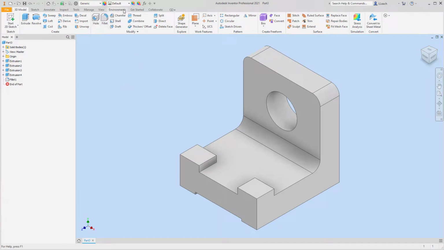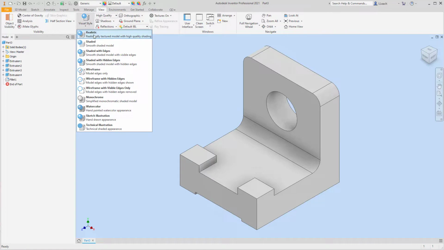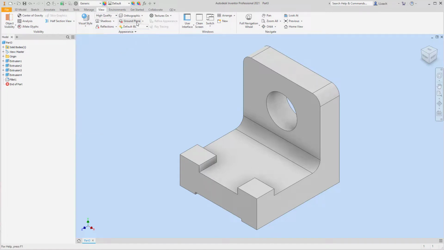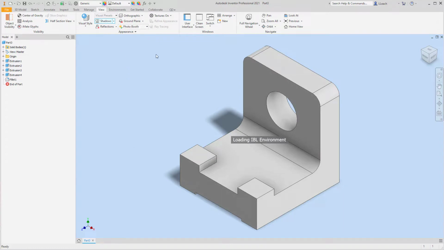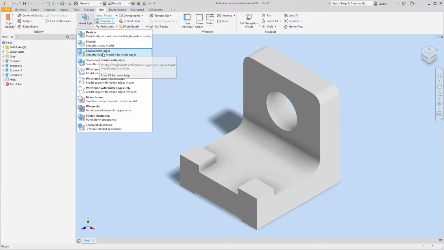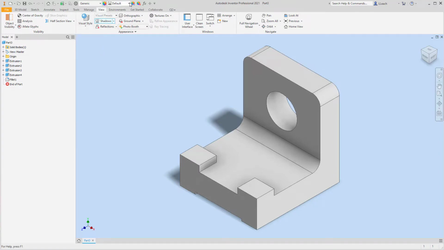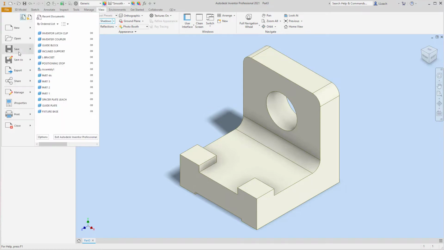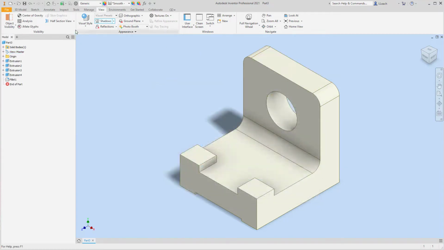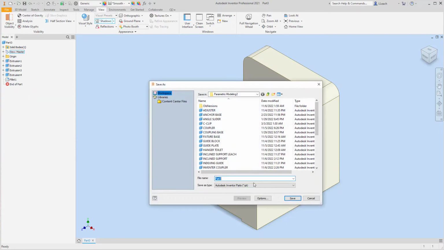I'm going to go to view, do my same visual style technique, so nothing fancy. Turn shadows on. My lighting is photo booth. You can do realistic if you want. I like to turn the edges on so it makes it pop out from the background, and that's why I picked shaded with edges. And then I'm going to color it smooth ivory. I'm going to save this. Wait, I might hit the wrong button. Save, and that is the